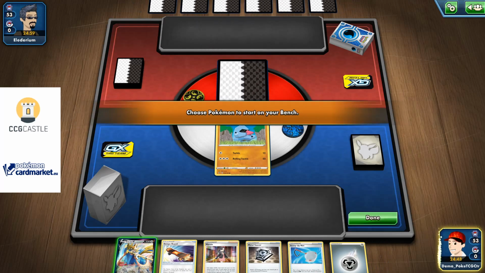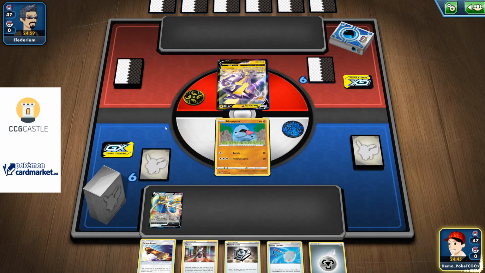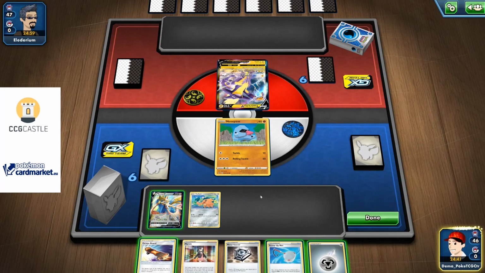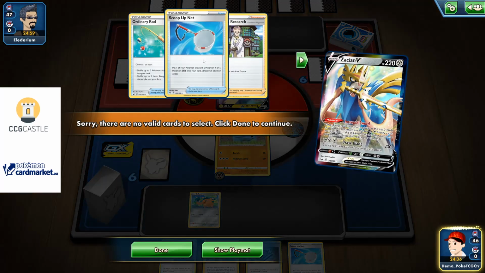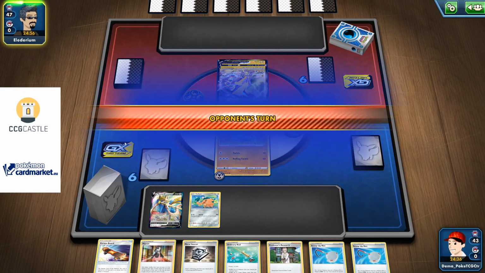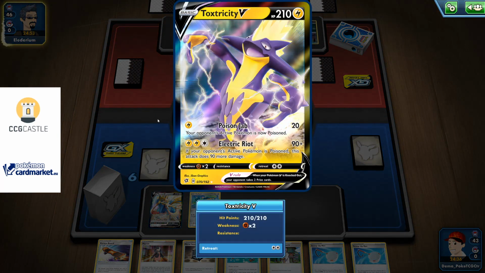So starting first, and my opening hand looks really good. I don't want to complain too much. This looks like energy attachment, as well as Intrepid Sword for turn 1, another Scoop Up Net, Ordinary Rod, as well as the Research. So something tells me that I will probably consider going with the Marnie. Poison Jab for 20,